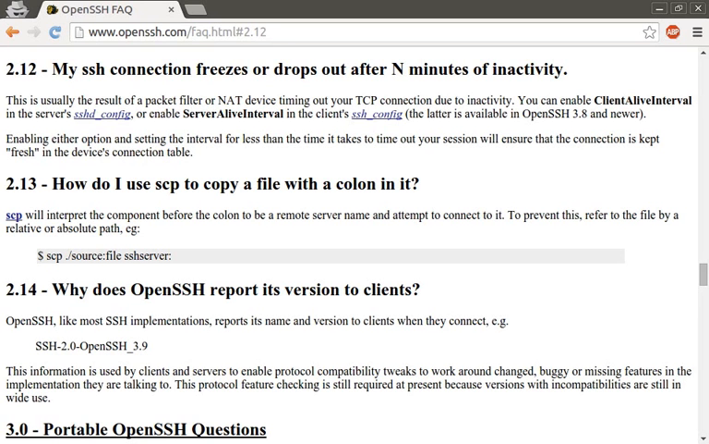The answer goes on to say that using these settings will ensure that the connection is kept fresh in a packet filtering firewall's or NAT device's connection table. So what does this actually mean? Well, I thought I would throw together some diagrams to illustrate the problem and to show you what these SSH connection settings actually do. So let's say in our example setup, which actually mimics very closely my use case, we